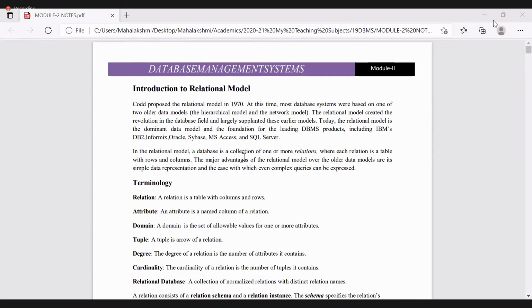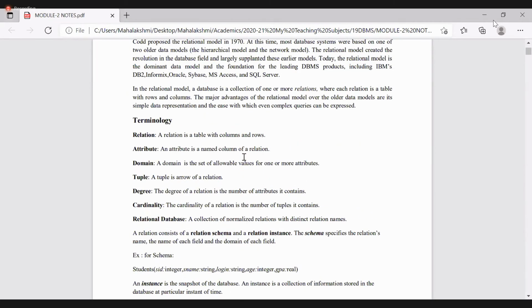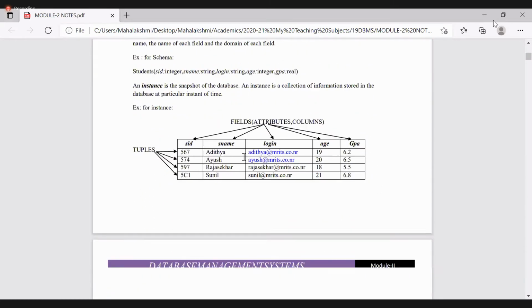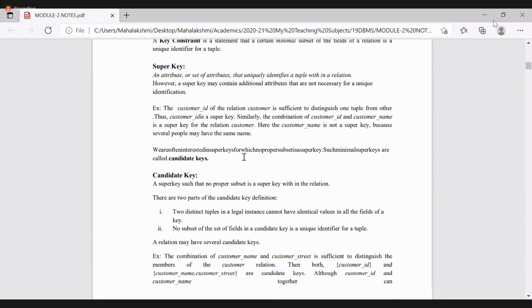Students, this is the terminology. Already you know very well about all of this. And the example, integrity constraints are of many kinds: domain constraints, key constraints, and general constraints.